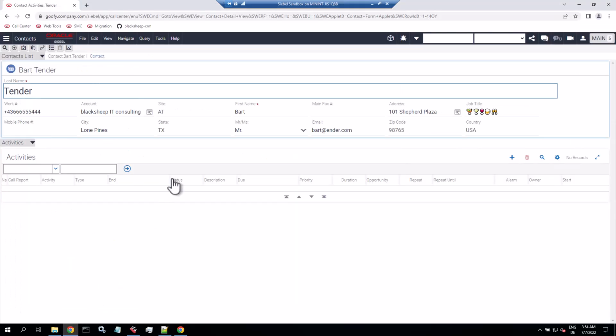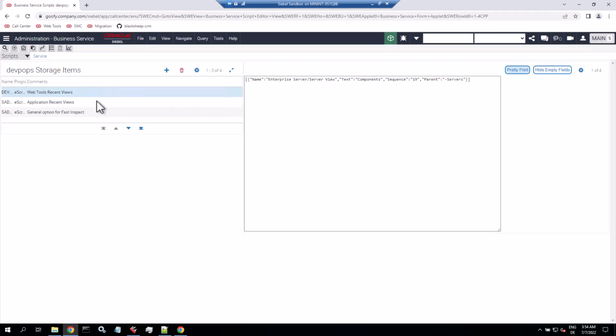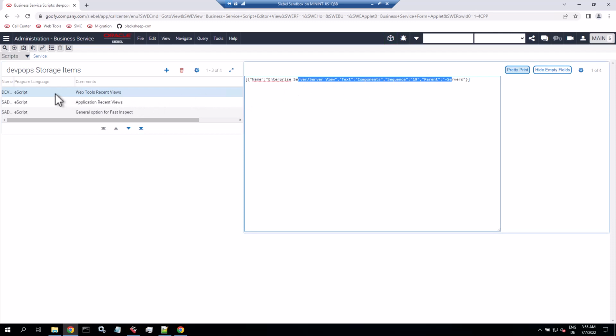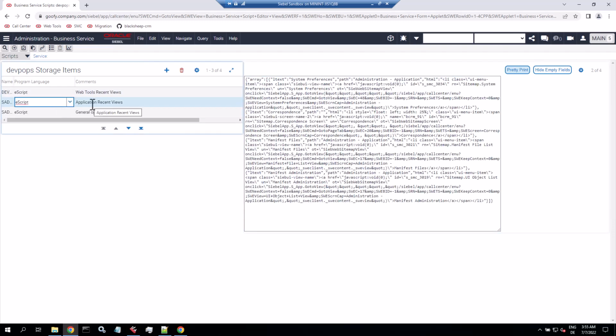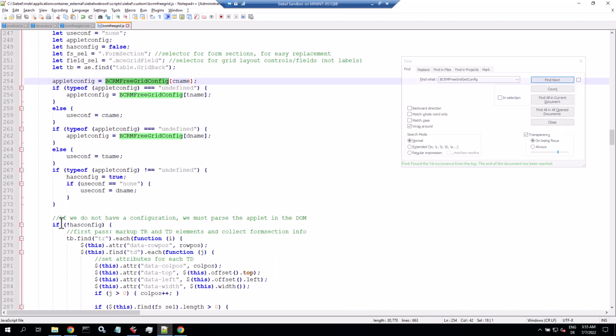So let me show that. DevPops uses a storage principal, and here we can store JSON and retrieve it through a business service or REST service. Business services can be exposed in REST, so we can use it anywhere. You could have an applet configuration here as well and retrieve it from the Siebel database. That's all possible, but for simplicity we just have a simple JSON string in the same file. So we try to retrieve the stored configuration, and if we do not have one, we must parse